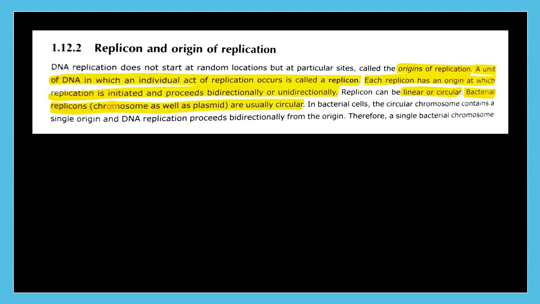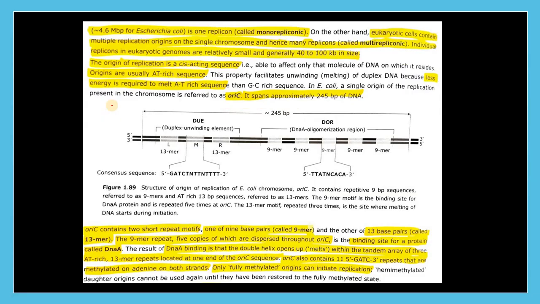Bidirectional is usually in bacteria. A replicon can be linear or it can be circular. A bacterial replicon, whether it is the chromosomal replicon or a plasmid replicon, is usually circular. In a bacterial cell, the circular chromosome contains a single origin and DNA replication proceeds bidirectionally from the origin. Therefore, a single bacterial chromosome, let's talk about Escherichia coli, which is about 4.6 million base pairs in size, is one